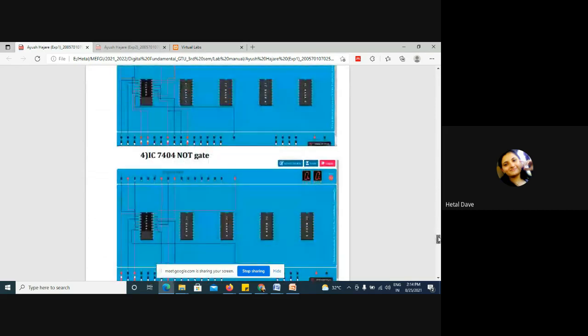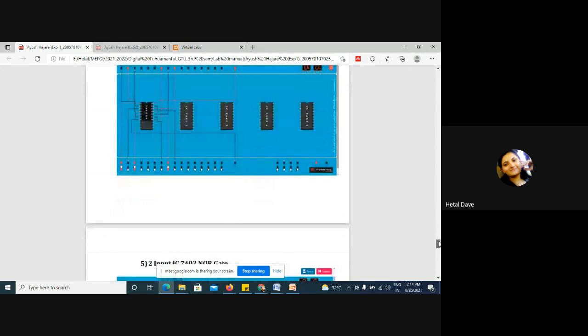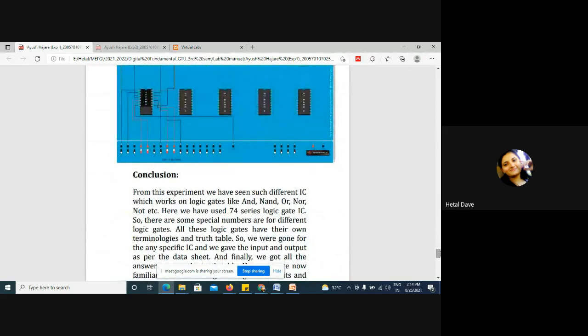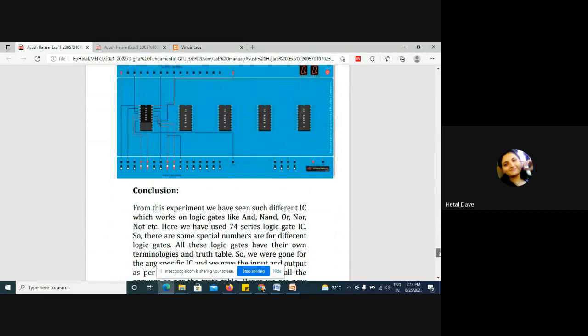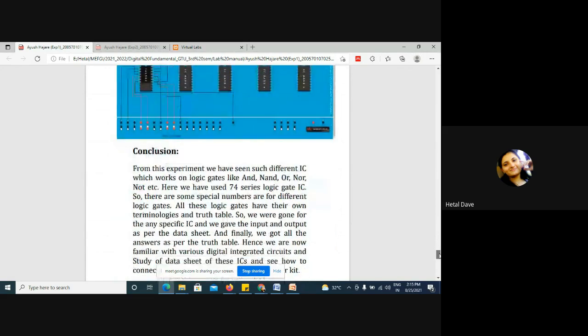That's why in every lab I tell you that you need to save your work every time, because in every experiment you will be given this kind of space where you need to put your own diagram or screenshot. Wherever it is required to draw anything, you need to draw it in your book and put the screenshot.